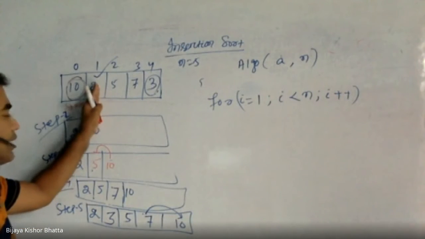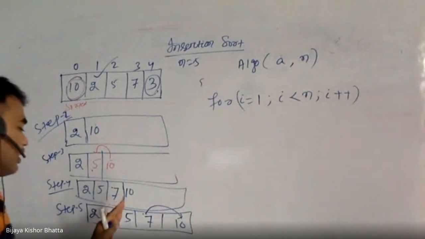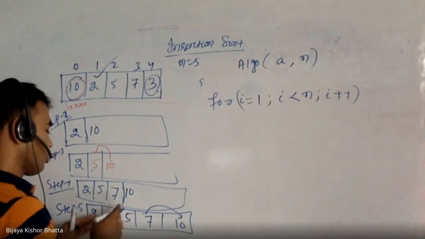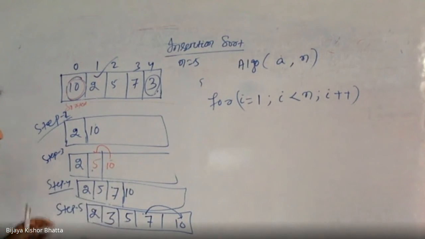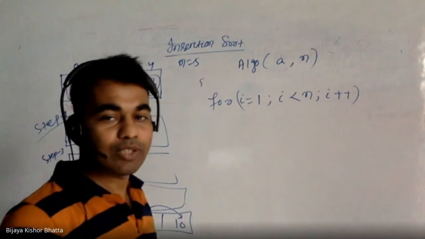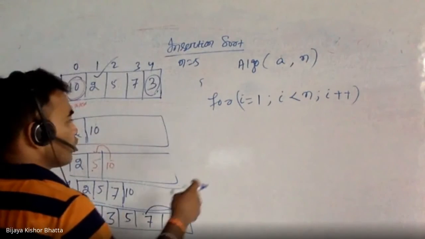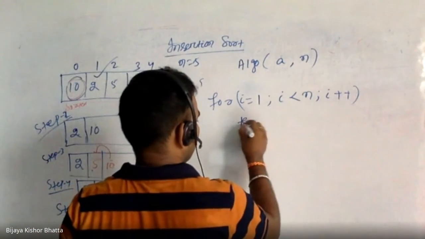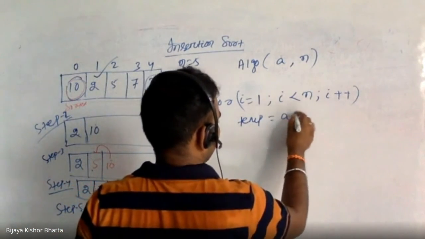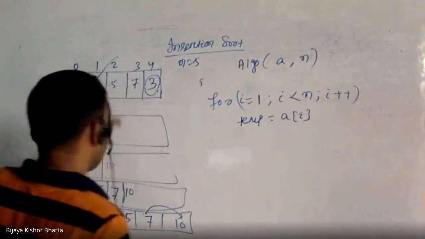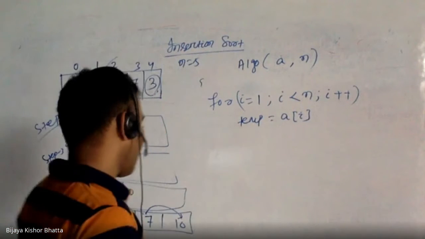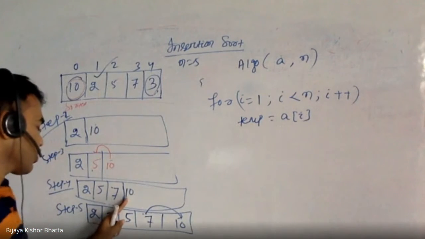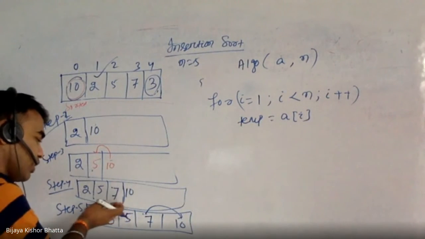Suppose now you are looking at the second element. This is very, very important. Let's look at this particular step. This was your sorted form. Let me write it: first, temp equal to a of i. Whatever value you want to insert, put it in a temp variable. And you need to make sure that you are traversing from here back to here.